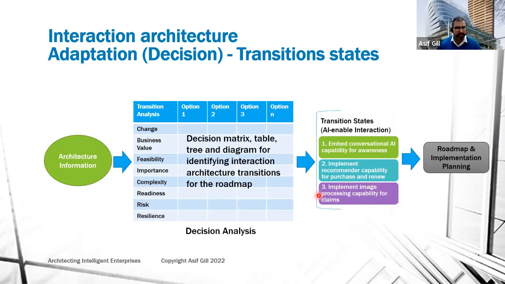Claim was a highly complained area, so we can look at AI embedding technology, digital technology, to automatically recognize the claims, and if there are images or photos provided by the customer, we can process that quickly rather than humans looking at them. I mean, humans can look at that as well along with AI to make sure the process is sped up. Rather than 30 days, it can be reduced to 15 days or 1 or 2 weeks. And all these transition states can go into the roadmap and implementation plan.